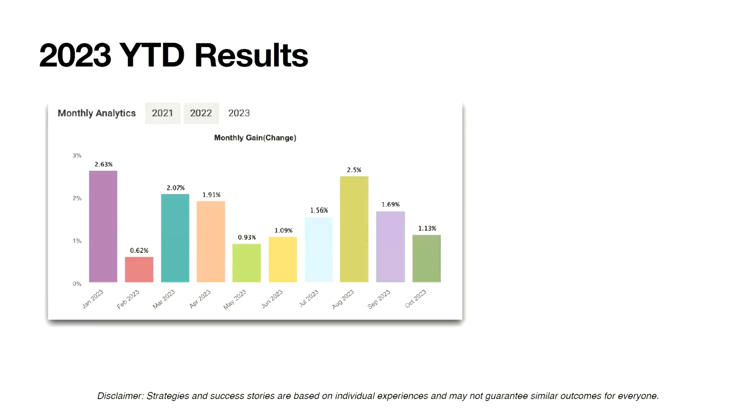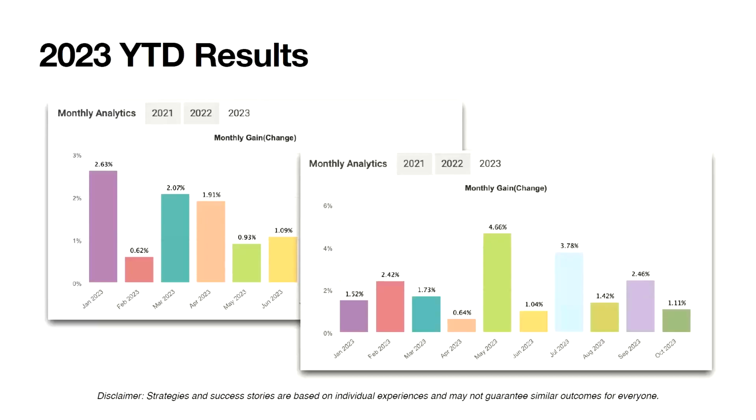Okay, so those are my results since this year to date, right? You can see from January all the way into October. Of course, that's when we were preparing this. That's when the slides were prepared, right? And this is another account that I have. You can see from January all the way to October as well. So the average performance, again, is not something where you would look at double-digit returns every other month.